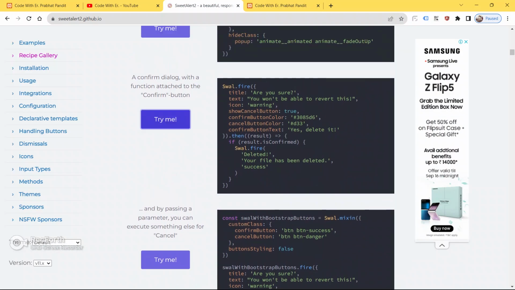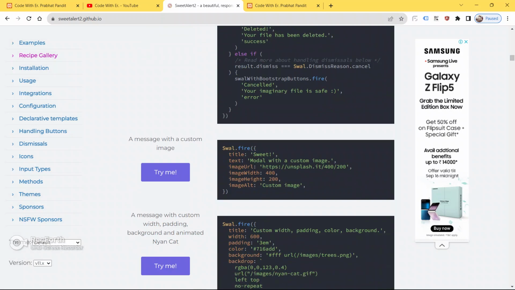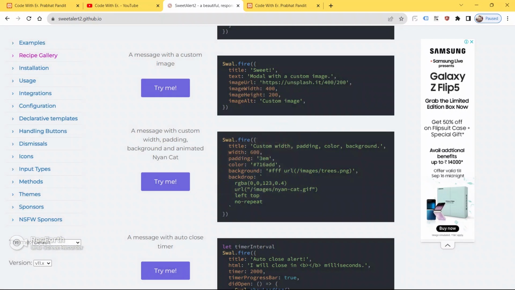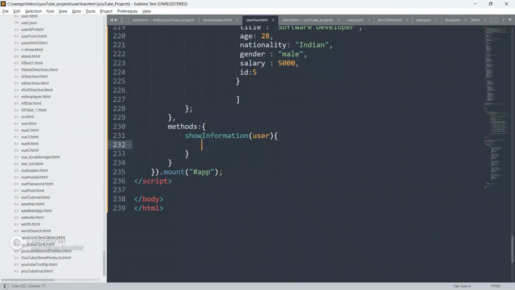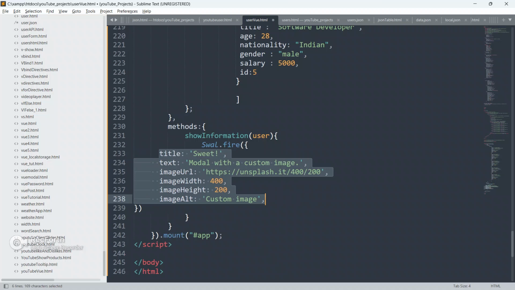So now guys, let me just go to the switch alert, and just click here, and I don't want this, I want the image one. So yeah, I want this. So just copy this from here, and go here and paste it here.